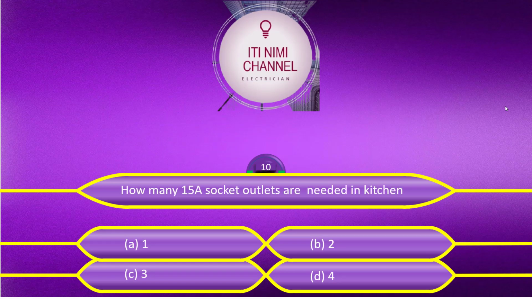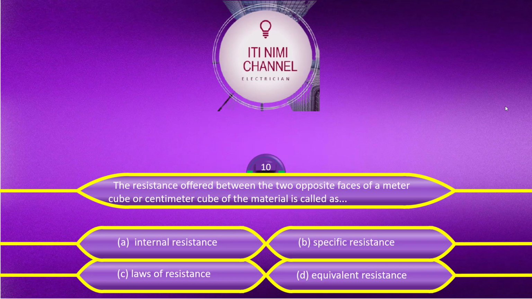How many 15 ampere socket outlets are needed in kitchen? Option A 1, option B 2, option C 3, option D 4. The answer is option B 2. The resistance offered between the two opposite faces of a meter cube or centimeter cube of the material is called as internal resistance, specific resistance, laws of resistance, equivalent resistance. The answer is